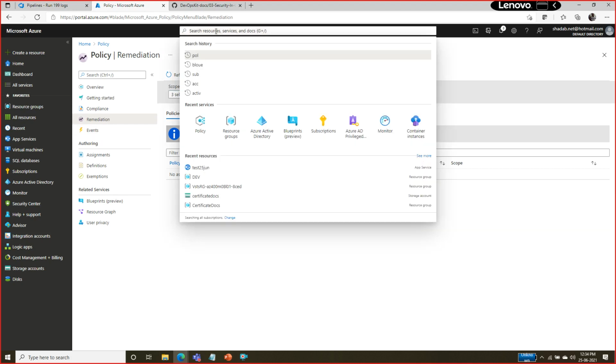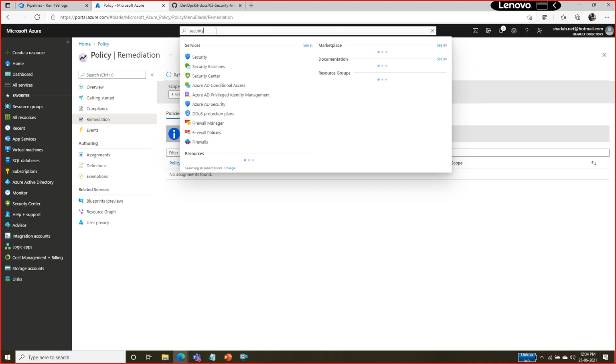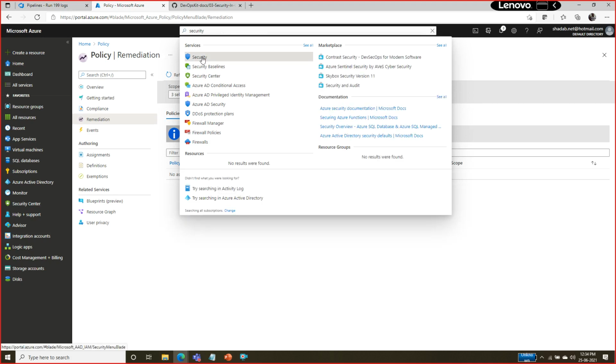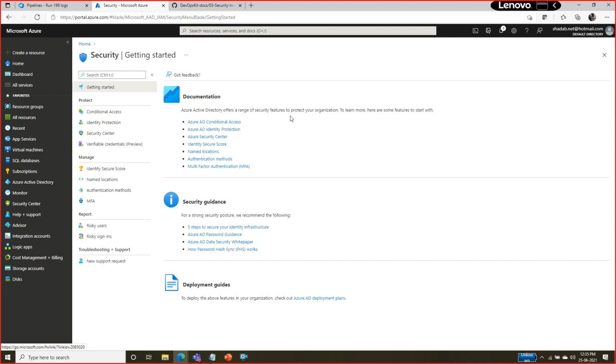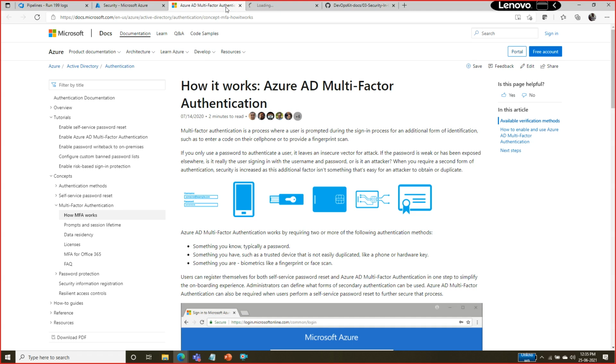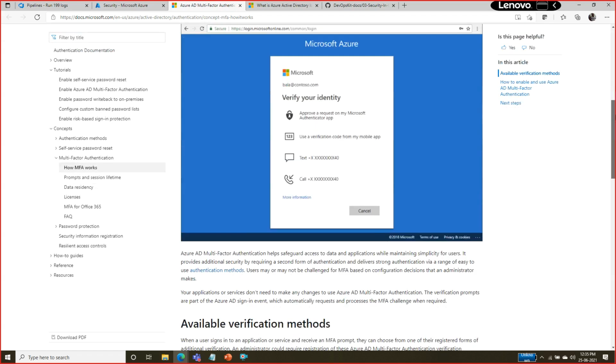Another thing you have is something called security. So you have Azure Security, which is available. Azure Security provides recommendations, like what kind of recommendation you can go ahead and implement in your application. You have Azure AD, you have a security center, you have identity security, you have name and location security, you have authentication methods available, you have multi-factor authentication. There is documentation available inside the security: how to implement your multi-factor authentication, how to secure your identity protection. There are multiple documents you can look at.